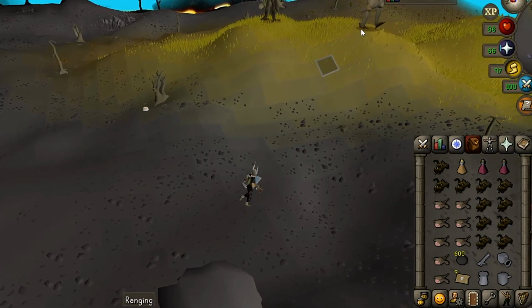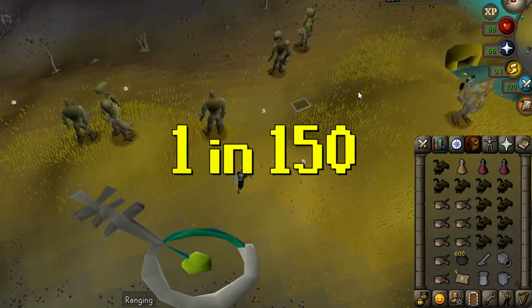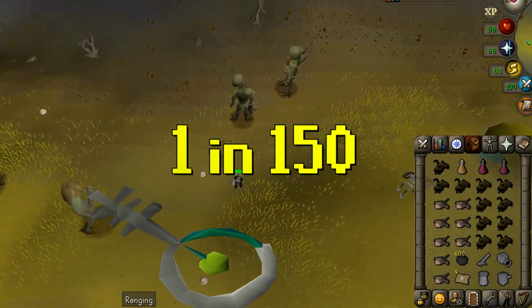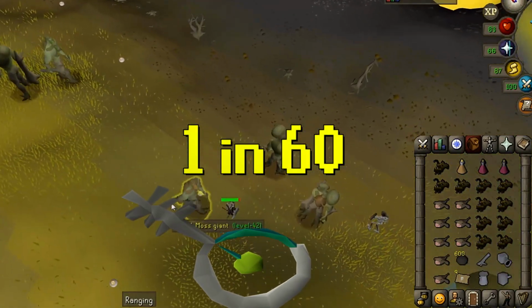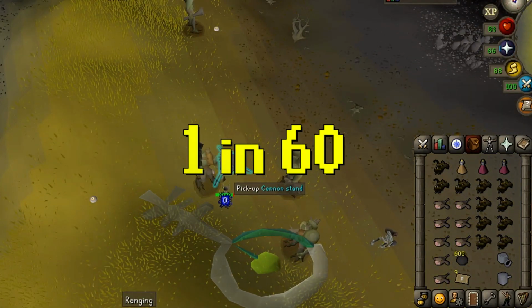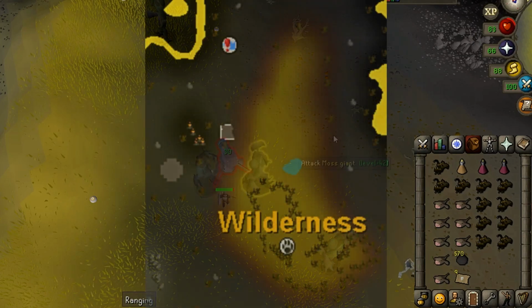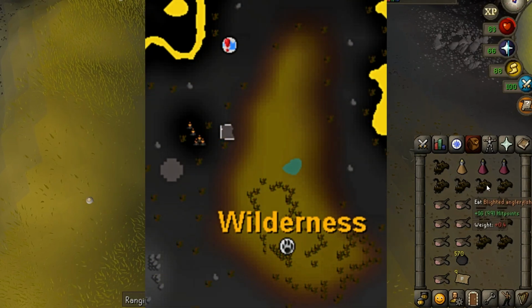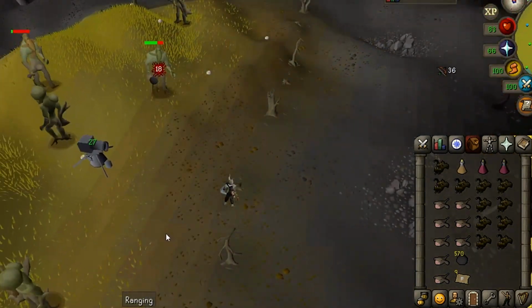Moss giants drop mossy keys at a rate of 1 in 150, except when you are in the wilderness, which changes the drop rate to 1 in 60. Unfortunately though, there is only one spot in the wilderness with moss giants, and it is right here next to the Revenant Cave teleport. This is single-way combat, so you have to find a spot to stand where moss